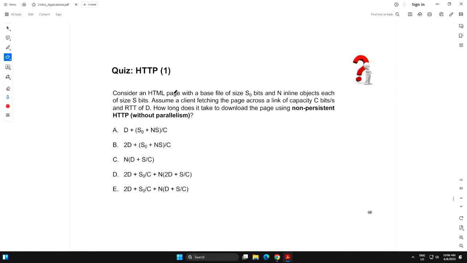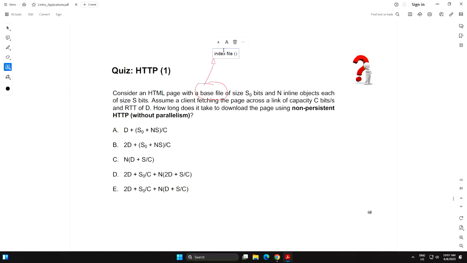So remember when I say base file, sometimes these are just terminologies, I'm referring to the index file, right?